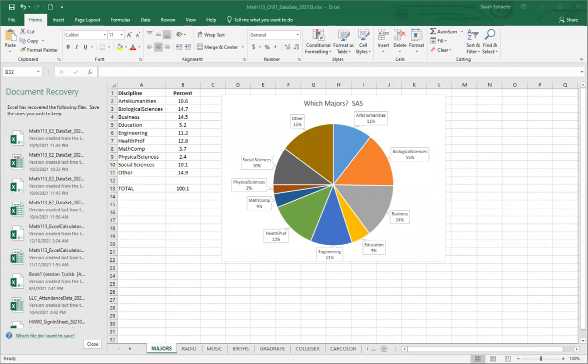All right, we looked at how to make a pie chart, and now we're going to look at how to make a bar chart. So both of these are charts for categorical data. And the example problem we're going to use for this first bar chart is titled, Do You Listen to Country